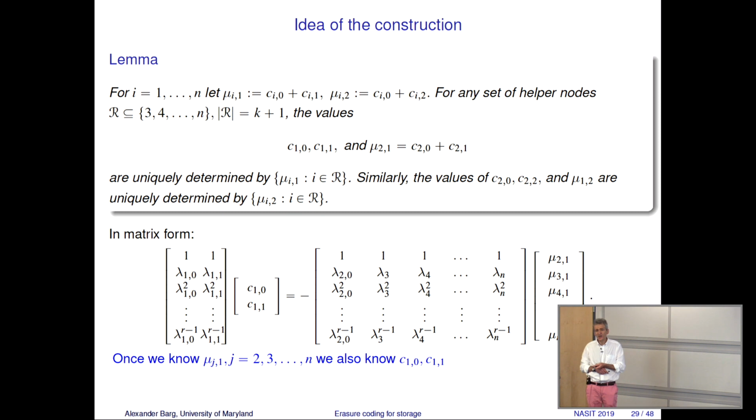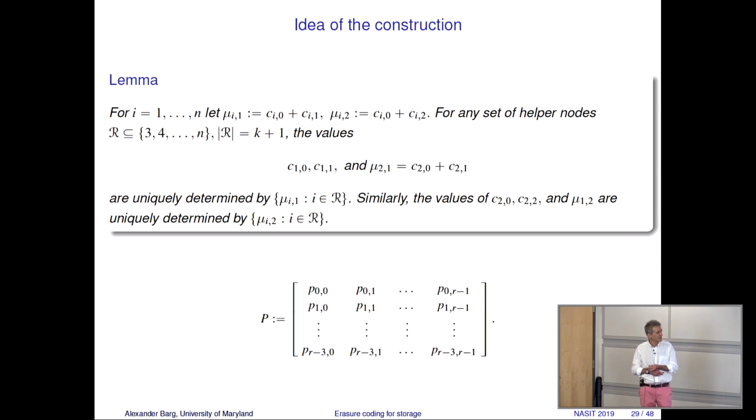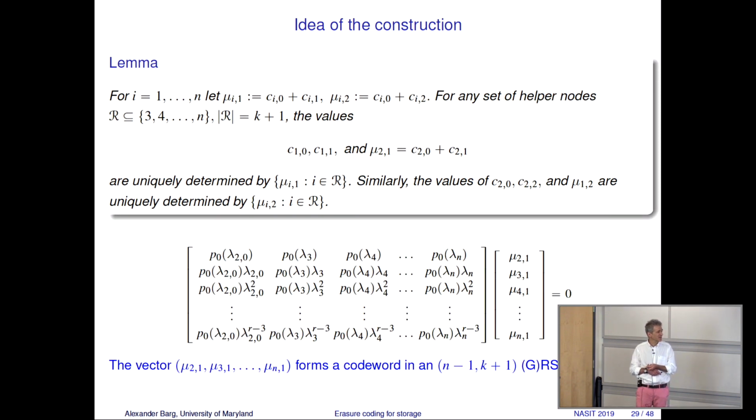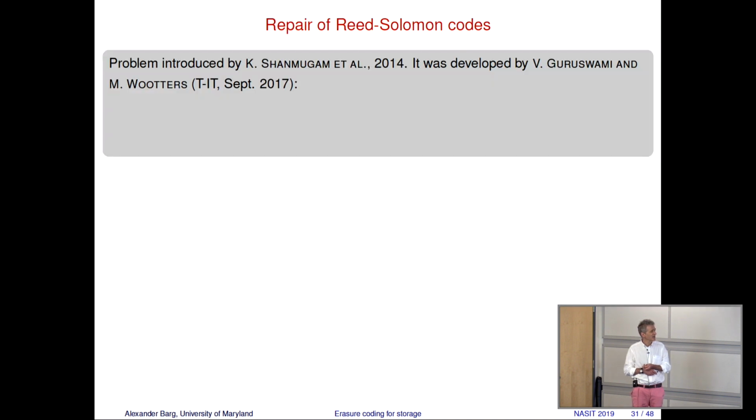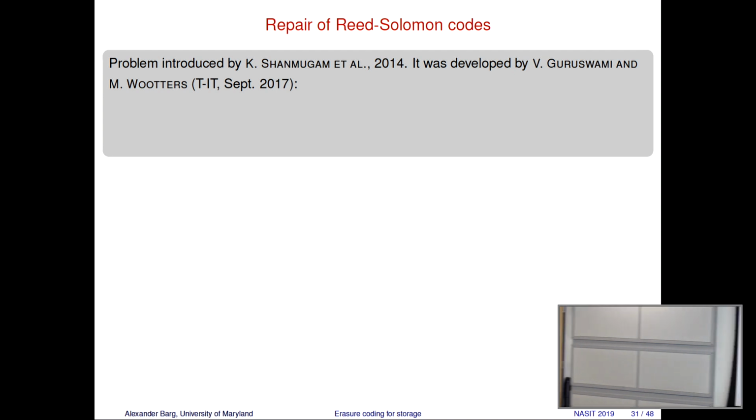Let us not say more about this, not to clutter this presentation with even more technical details. Suffice it to say that, again, Reed-Solomon type ideas support optimal repair in the cooperative fashion of any number of nodes. All right? So let me skip through these calculations. Let me move to the very interesting question of repair of Reed-Solomon codes. Forget most of what I have said.